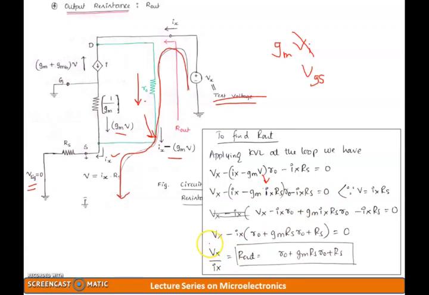I am interested in finding Vx by Ix. So I take the common term Ix out of all these terms, and the other terms are in the bracket. So finally Vx upon Ix, which is straight away known as your output resistance, is represented by this particular term: R0 plus gm Rs R0 plus Rs. Now if I want to consider even the impact of the body transconductance, then that will have an additional impact in this term: R0 plus gmb multiplied by Rs R0 plus Rs. So that will be your output resistance.